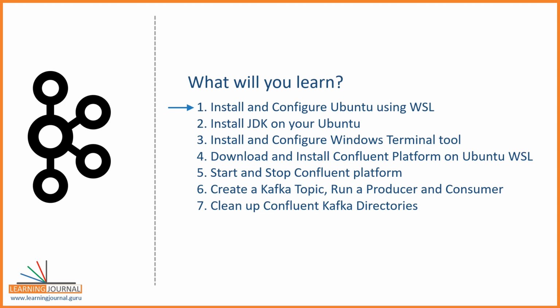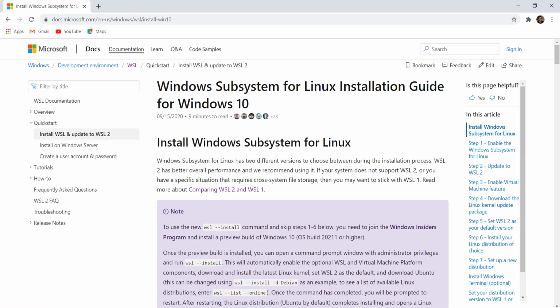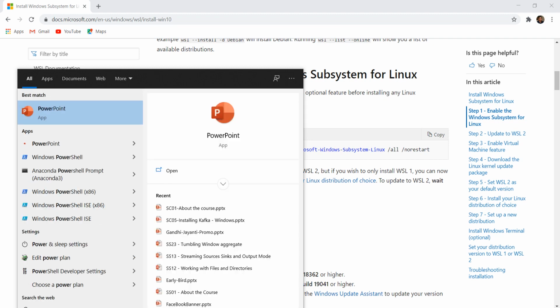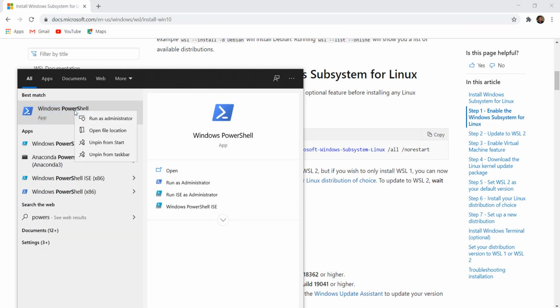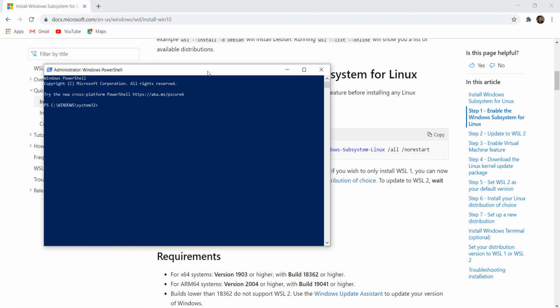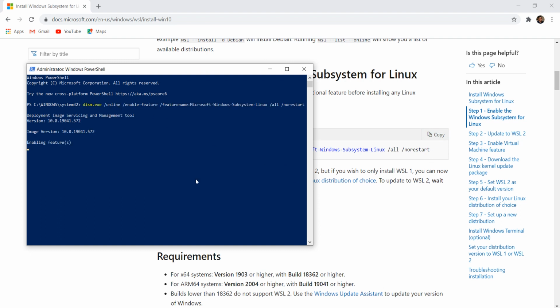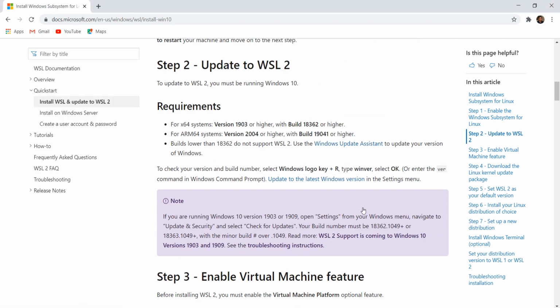Configuring WSL is simple and straightforward. You can refer to the following link and configure WSL on your machine. The steps are relatively simple. The first step is to run the following command in PowerShell, but you should start the PowerShell as administrator. The second step is to validate if you are running the latest Windows updates. You may not need to perform this step in most likely case.